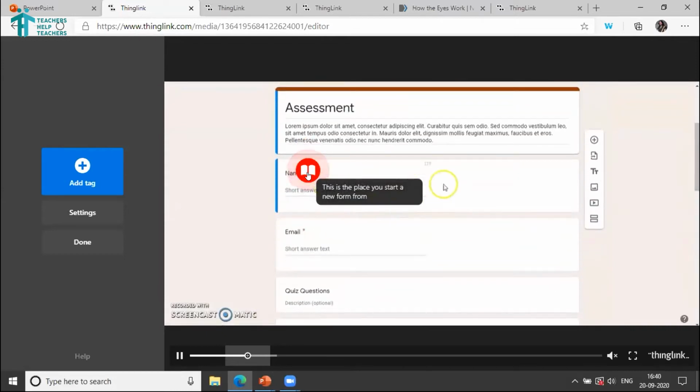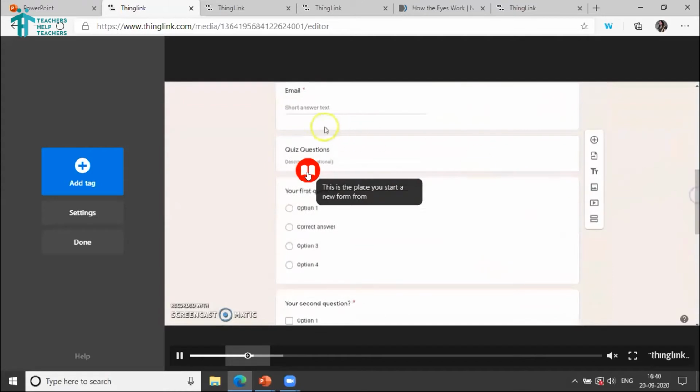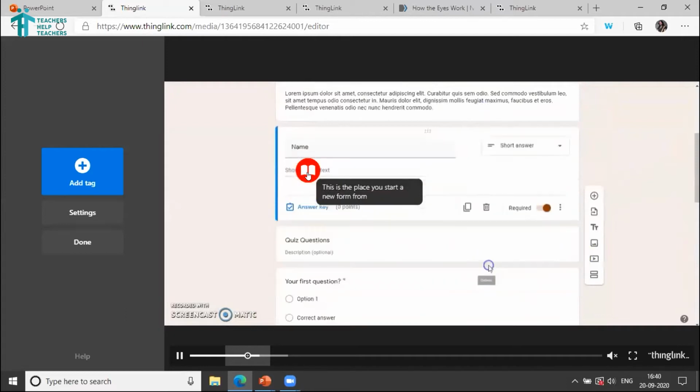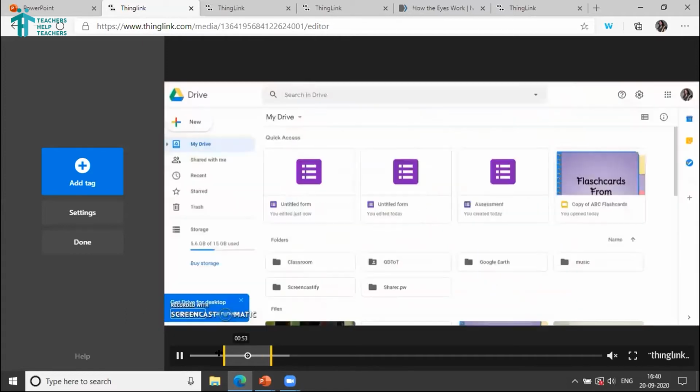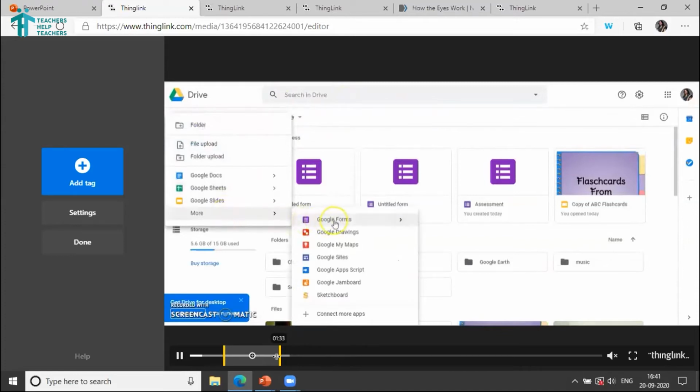As much space as you allocate a tag, if you know that the child will take some time to understand that this is a tag and I have to click it, you have to make the span of the tag longer. You can just drag the sliders and make that yellow thing that you see here. I've kept a tag for this much duration. You can make it longer or shorter. If you want to write a complete paragraph in the tag, you'll obviously have to make it longer. So you can drag the sliders and make it longer for your students to take time to read it.